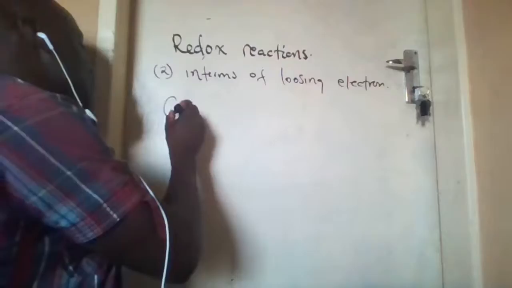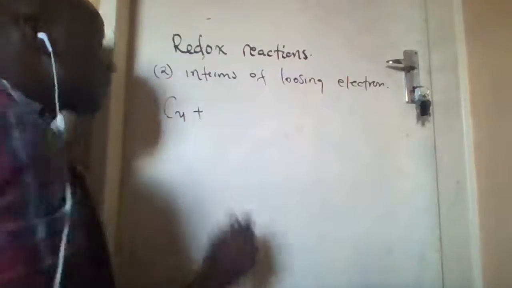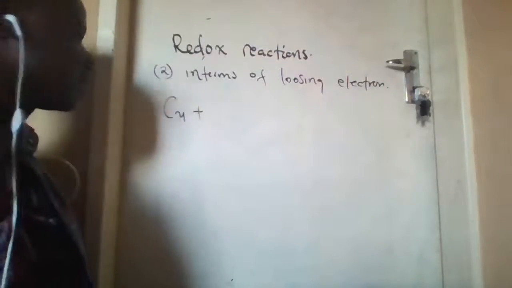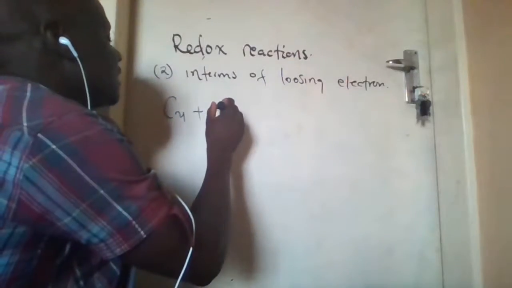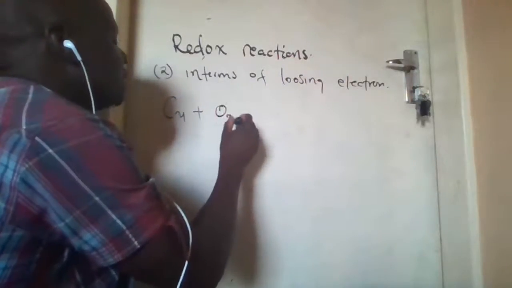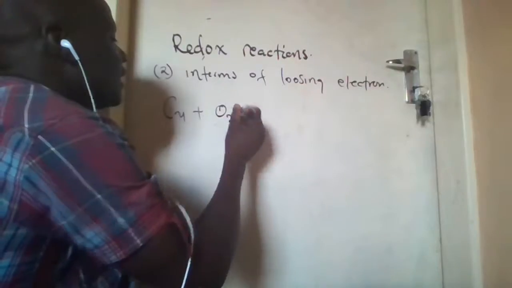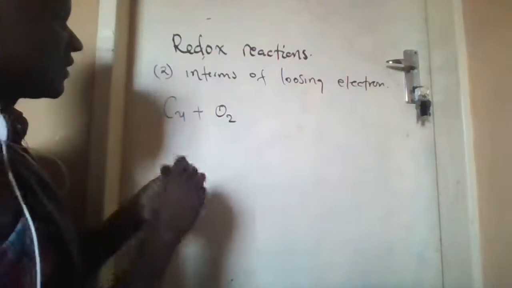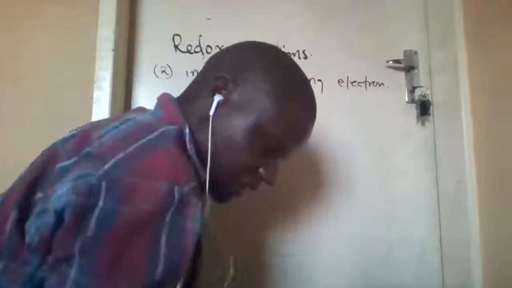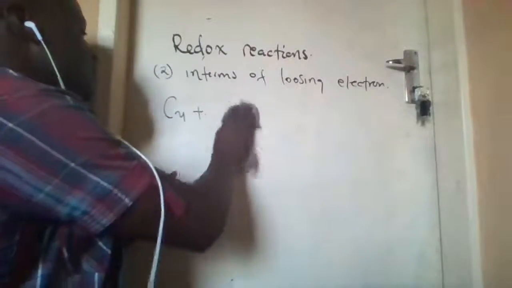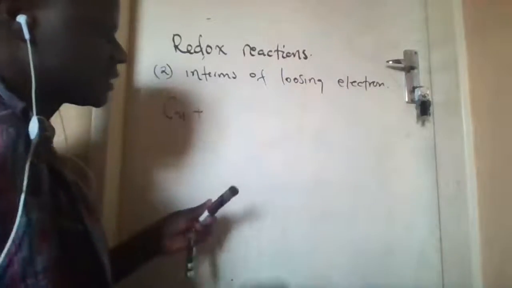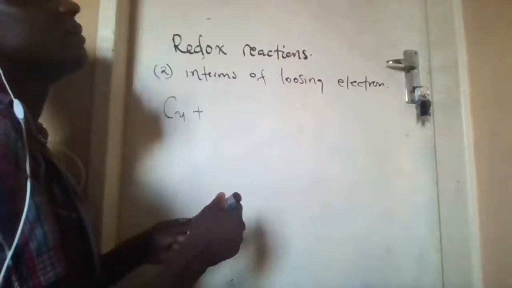So I'm going to say Cu, which comes from cuprous, a Latin name, and then plus oxygen. No, let me not use this, because maybe someone can get confused by the appearance of oxygen. Let me say cuprous and then plus